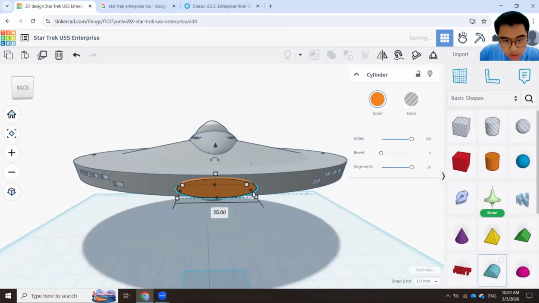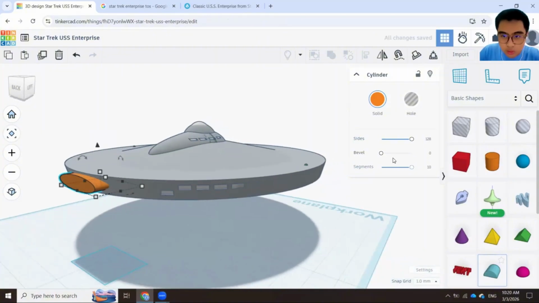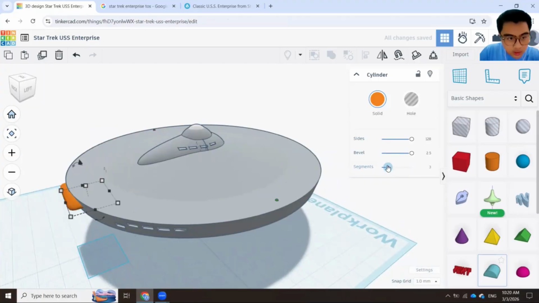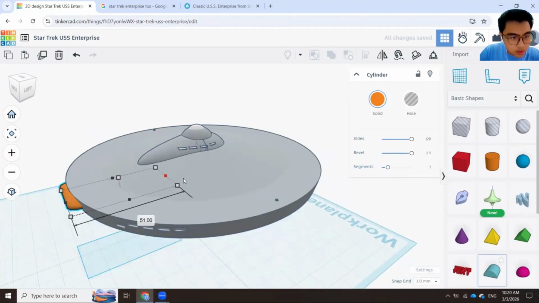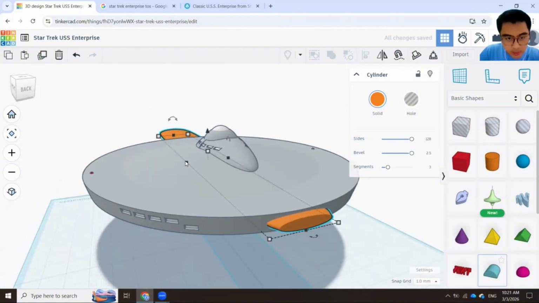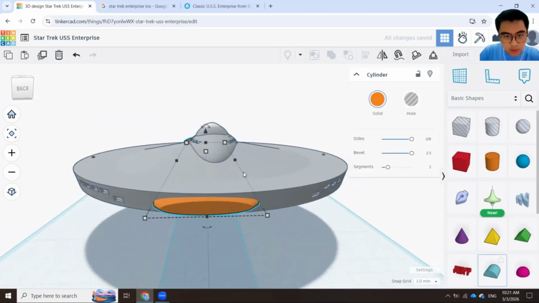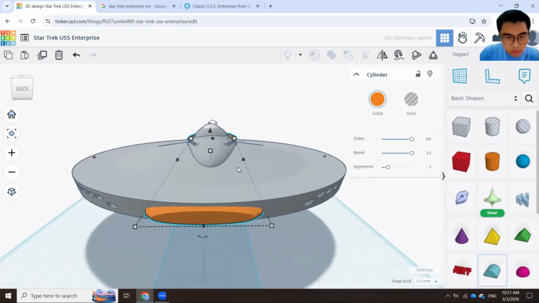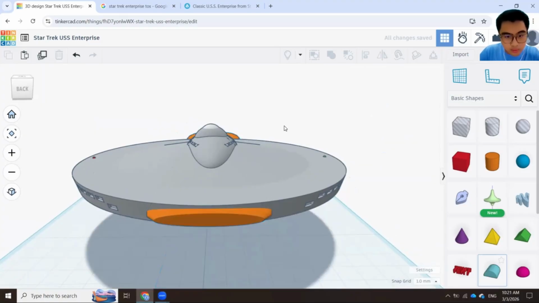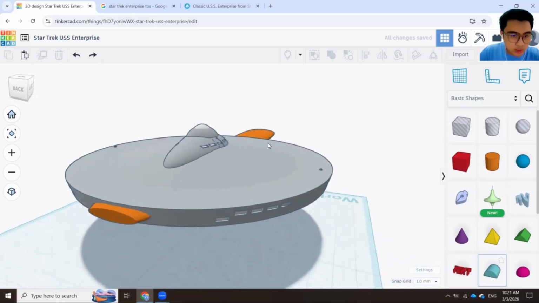Now, as we can see from here, the impulse engine is quite big compared to the dome part at the top, so I'm going to drag it here and also here. Okay, I'm also going to increase its bevel segments just a bit so that it looks like this. This one inwards. There we go. Drag this one over there and over there. Yeah, okay, it's too big. Okay, I think that's about it.